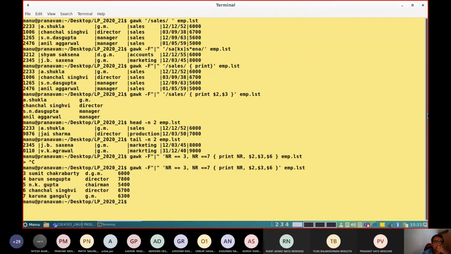Now look into the output. Line number 3, 4, 5, 6, 7. In that, column number 2, that is the name. Column number 3 is the designation. Column number 6 is the salary. Only these fields are displayed. In case you want to print everything from line 3, 4, 5, 6, 7, then you need to say just print. So this is about splitting a line into different fields. Okay, if you have any doubts, you can get them clarified.